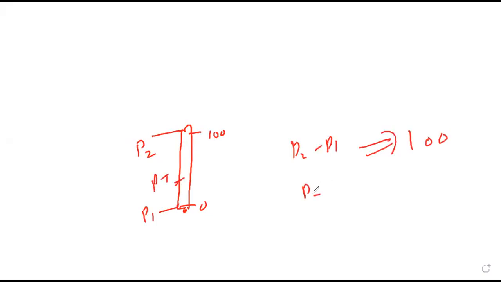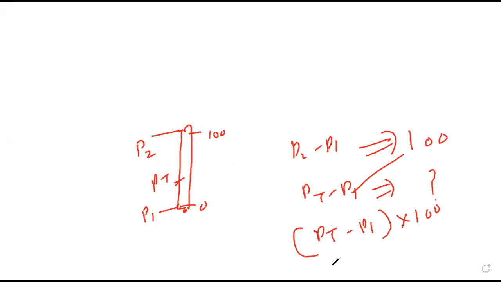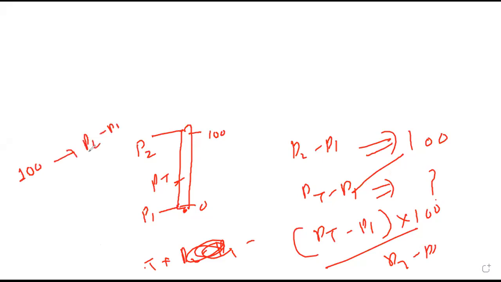That means if this is a scale from 0 to 100 degrees, taking P1 as the length of mercury and this P2, then between P2 minus P1 we have 100 degrees. So between P1 and any PT, that is PT minus P1, how many degrees will come, T, that we have to find. So when you cross multiply, we get PT minus P1 into 100 upon T into P2 minus P1. So cross multiplying, it came here. Okay, understood properly? Yes, sir. See, 100 degrees is between P2 minus P1, so T degrees is between PT minus P1. I want T, so what do we do? Cross multiply and divide by this, no? That is our unitary method.